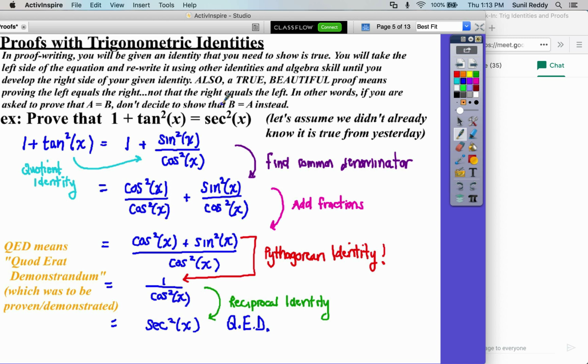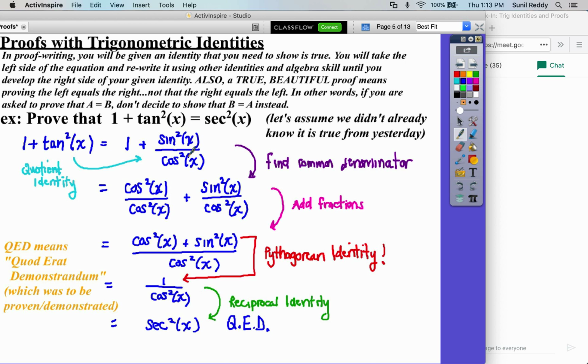In pure mathematical sense, whatever I give you as the direction of the proof, that's the way we have to do it. So my task is to show that 1 plus tangent squared, if I rewrite it however many times I need to with equivalent expressions, I will end up with secant squared, which is what I would be trying to prove. So what you do is you start with the left-hand side. So I started with 1 plus tangent squared on the left. And then on the right side, I have to now start changing the way it looks while keeping the identity, meaning keeping the equivalence. So I kept the 1, but tangent squared I replaced with sine squared over cosine squared